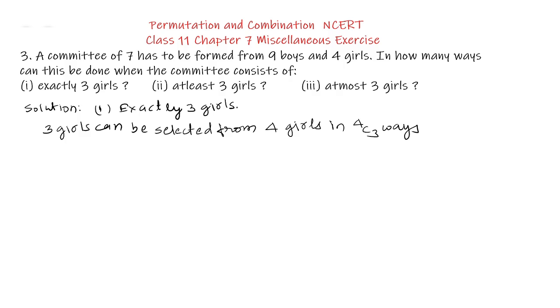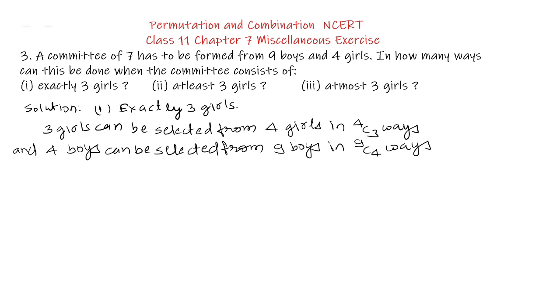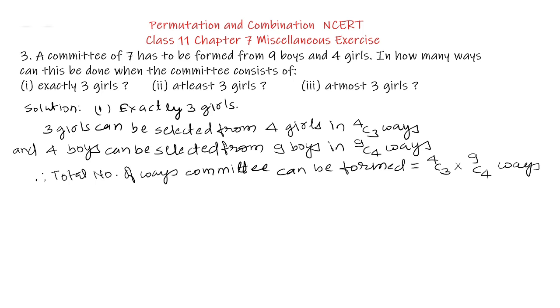3 girls can be selected from 4 girls in 4C3 ways. The committee has to have 7 members. It means that the 4 boys are to be selected. So 4 boys can be selected from 9 boys in 9C4 ways. Therefore, total number of ways committee can be formed equal to 4C3 multiplied by 9C4 ways. This is equal to